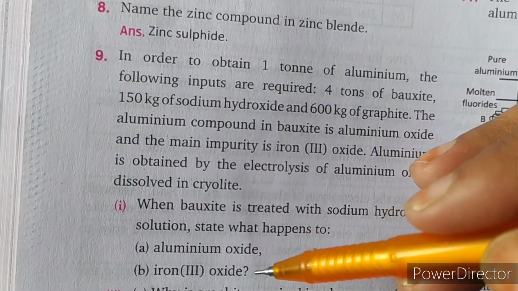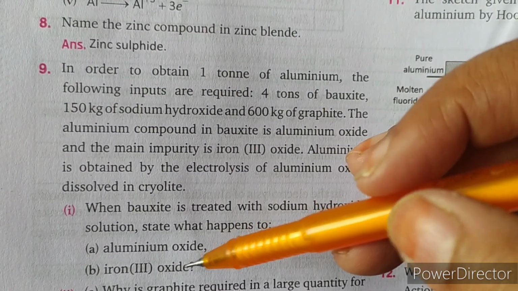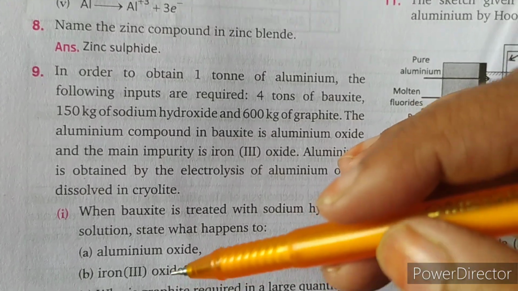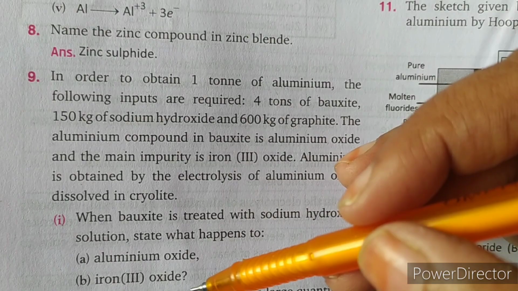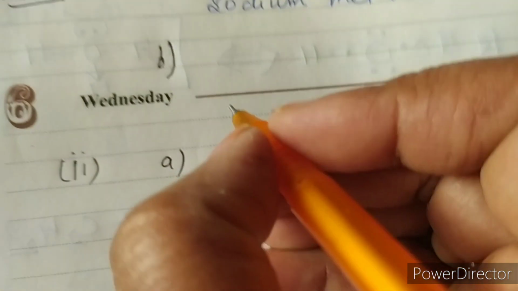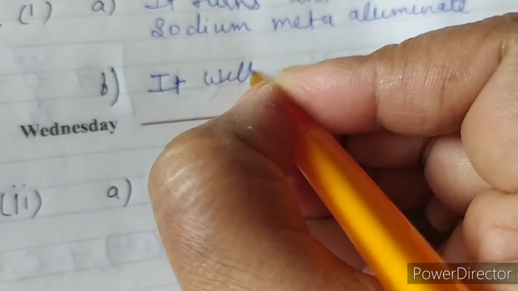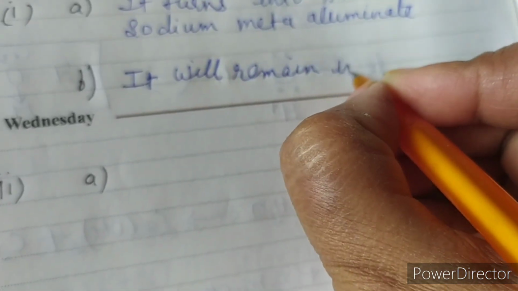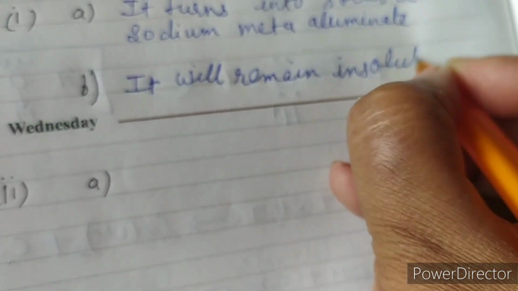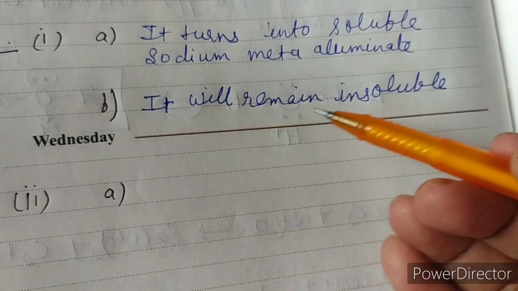In the second part, they have asked what will happen to iron(III) oxide. As you all know, there are 2 impurities in the aluminium oxide, that is silica and iron(III) oxide. Since iron(III) oxide is not amphoteric, it will not form a soluble compound. So you will write here, iron(III) oxide will remain insoluble, and therefore the impurities will be separated out. But because they have asked only what will happen to iron(III) oxide, you will write only that it will remain